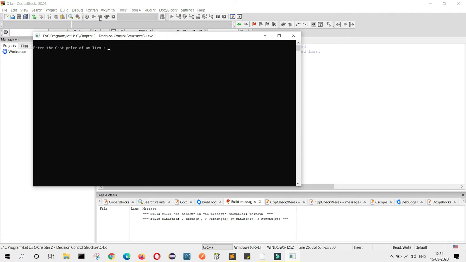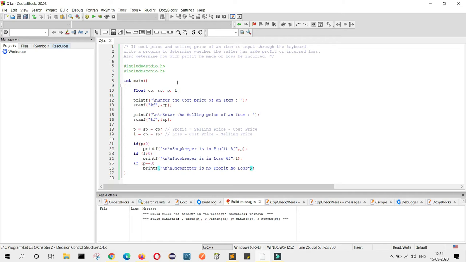Enter the cost price. Cost price is rupees 50. Enter the selling price 60. The shopkeeper is in profit. Yes, that is fine. Again I will run it and make a loss.